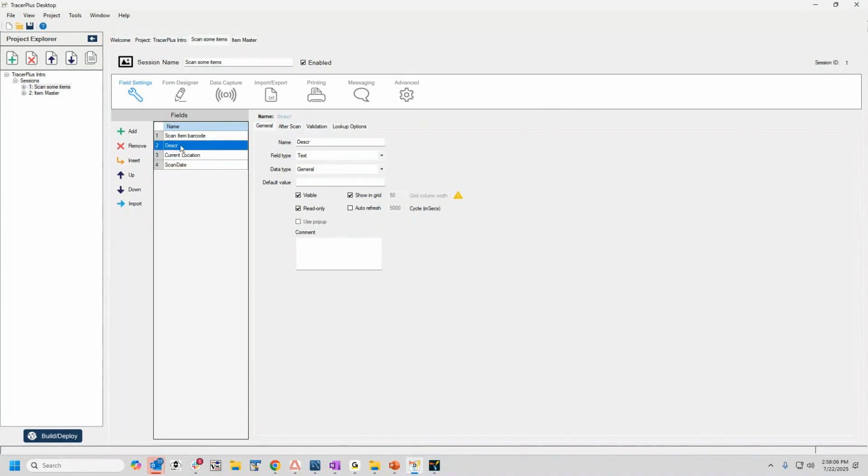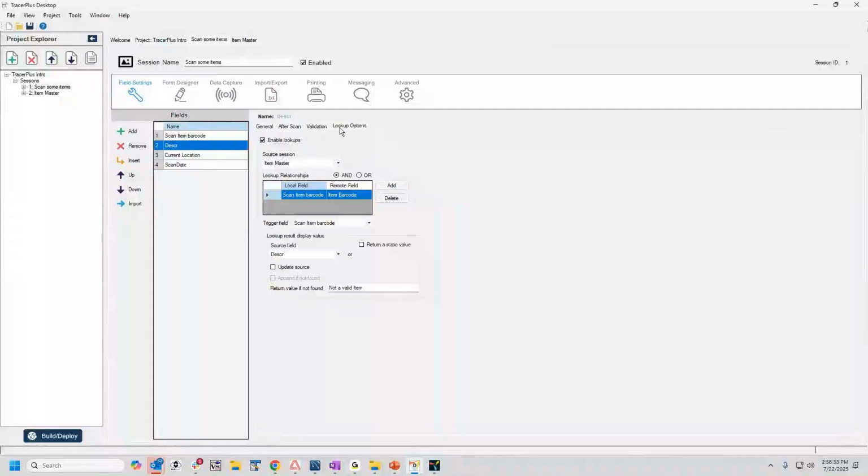Right. So to support this description lookup, I did want to create a new session called Item Master, and this Item Master is really any number of fields related to an item. So it could be a SKU or a size or a color, anything that might describe an item. In this case, I just have it as a generic description, and I'm going to use this Item Master description to do a lookup. So in the Scan Some Items session where you're scanning a barcode, the description is defined as a lookup, and the lookup field